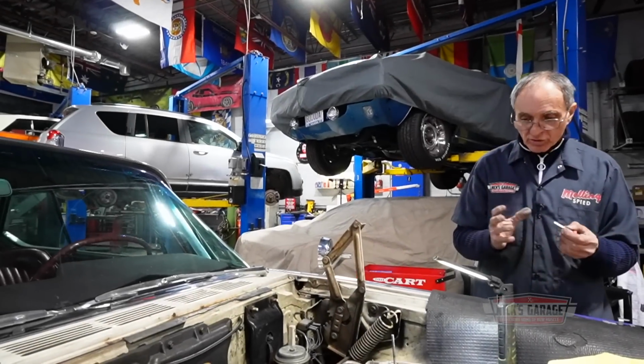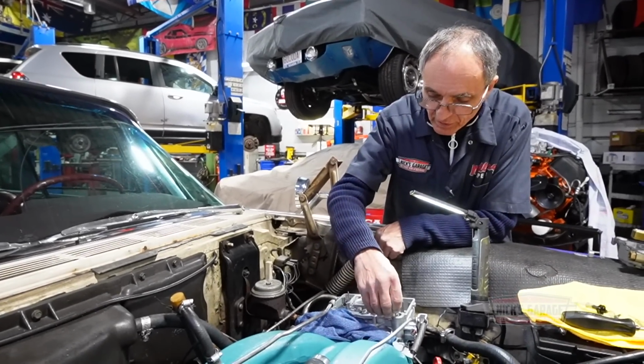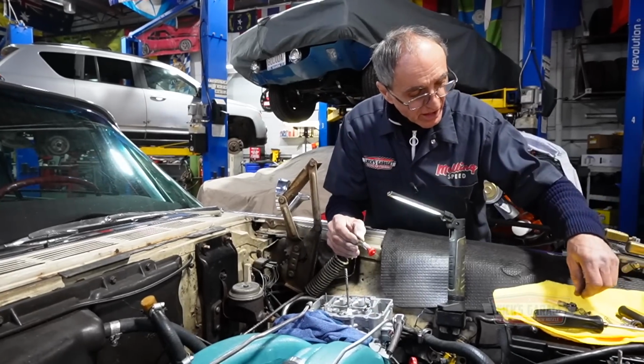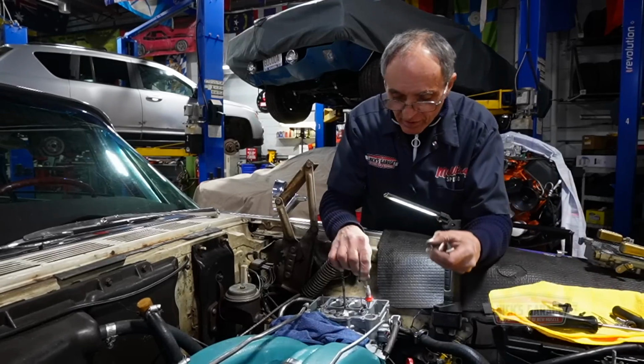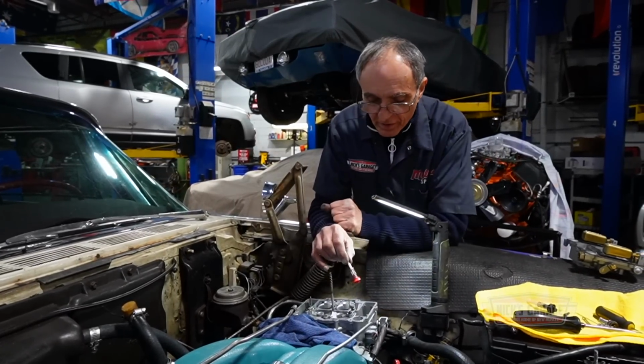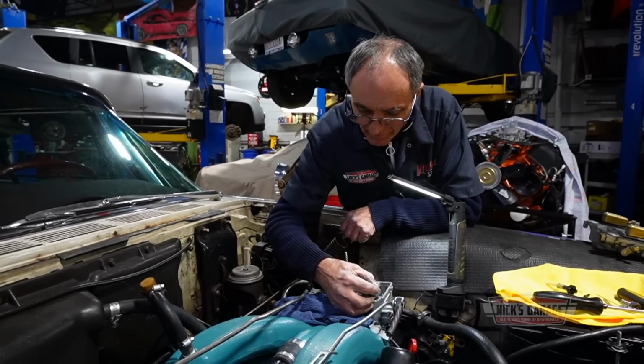I don't know, it's all in the stroke from what I see. There's no blockage whatsoever. Look at that. I just can't figure it out. But you know what? Why was it working on the dyno? When I had it working on the dynamometer, it worked no problem. And over here,